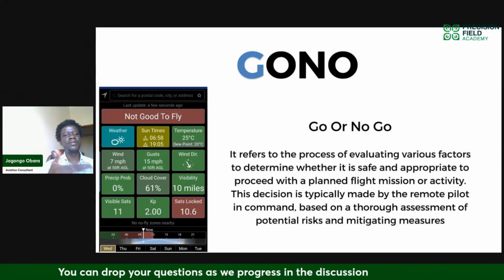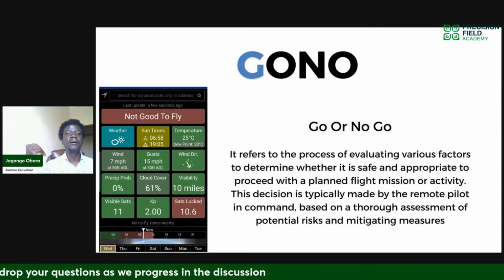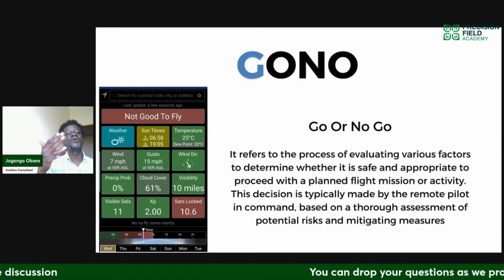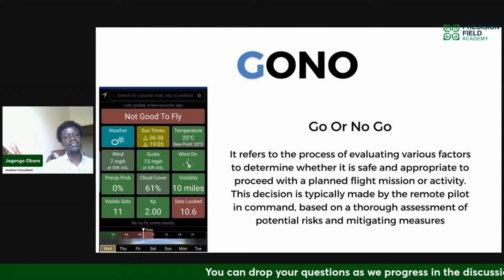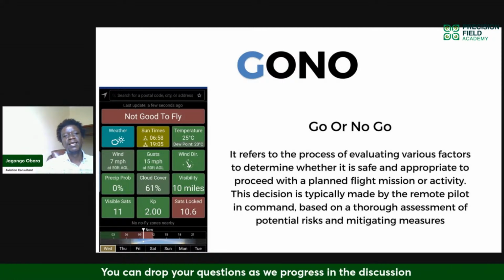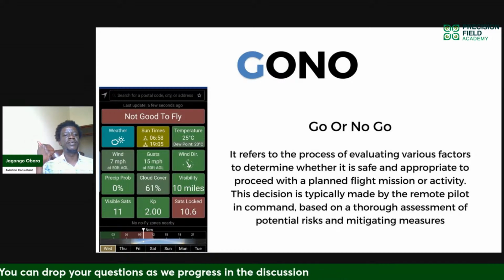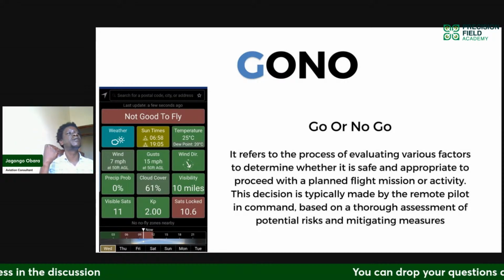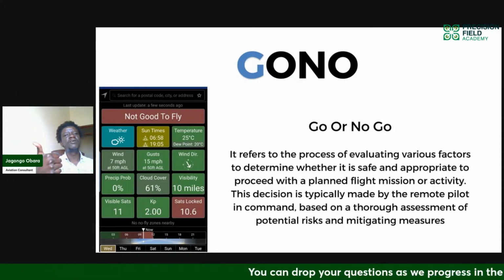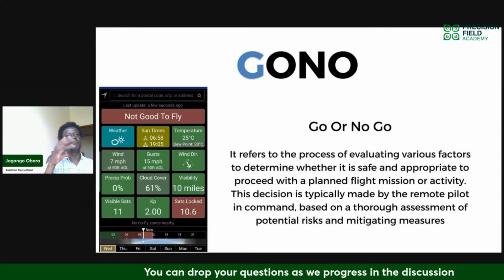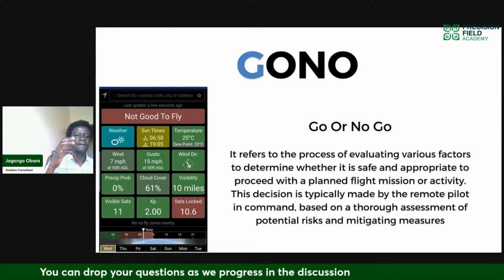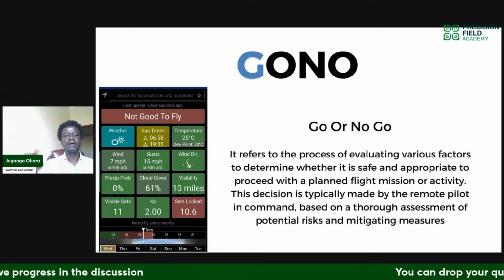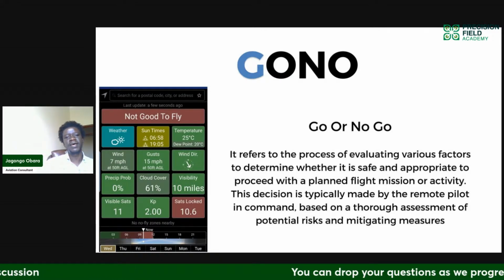Now, this example is just based on weather, but go or no go decisions can be based on numerous factors. It could be based on numerous events. It could be that we have not received authorization from the Civil Aviation Authority, so that is a no-go. It could be maybe the pilot is not feeling well. The safe checklist, maybe there's stress or a certain factor, that is a no-go. So there are certain scenarios which could affect your chances of flying or not flying.